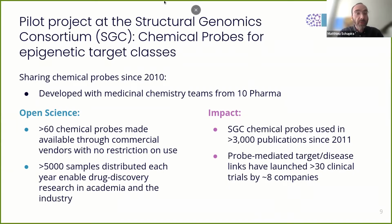Because at the Structural Genomics Consortium we are quite convinced that these chemical probes are very much an enabling tool, in the past 10 years we have conducted a pilot study, if you will, to make chemical probes focusing on epigenetic target classes. These are proteins that are involved in chromatin-mediated signaling that regulate transcriptional events. Since 2010 we have partnered with 10 pharmaceutical companies,